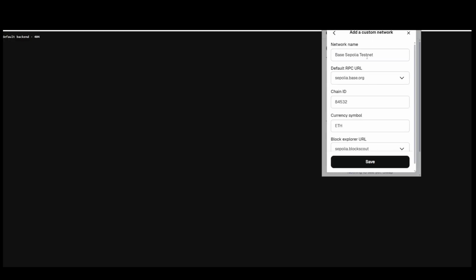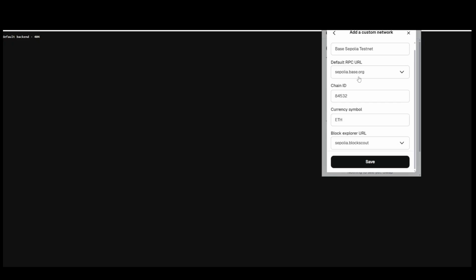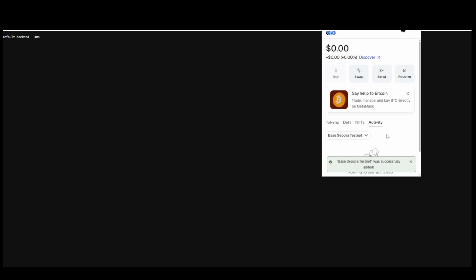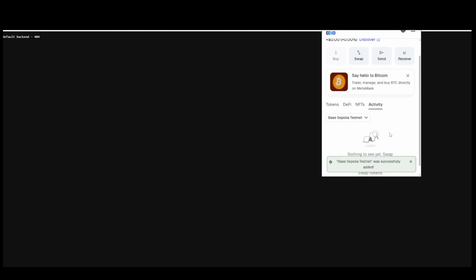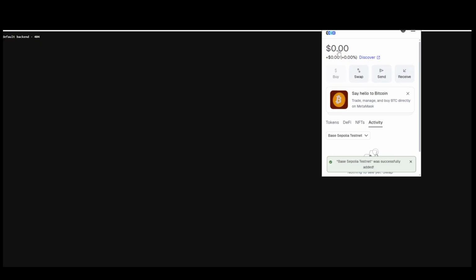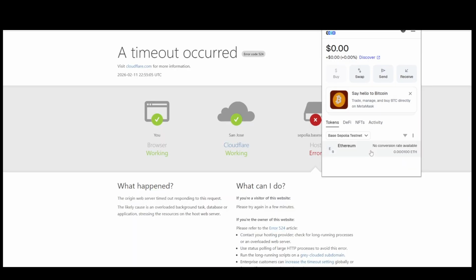Okay, so I think I had to add this information for Base Sepolia Testnet. Add a custom network. Successfully added. Oh, there it is. We got it actually. Here we go. So there it is, Ethereum. That's just enough for gas. So now we're going to have to